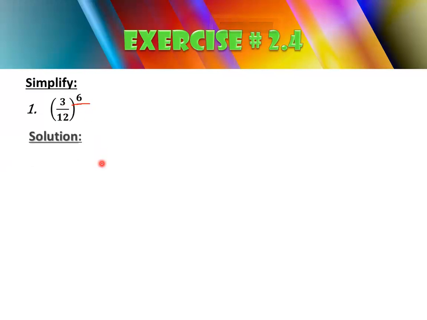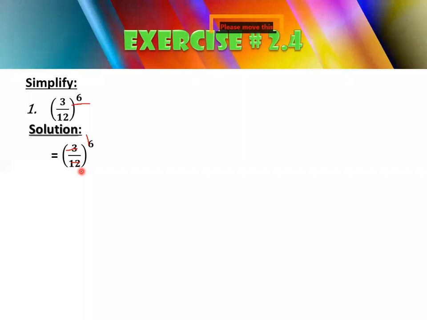So first you are going to reduce these numbers, and then multiply with the given power. So you will write down the heading of solution, and then simply reduce it. How? 3 into 1 is 3 and 3 into 4 is 12. So what does it mean? Your numerator will be 1 and the denominator will be 4.